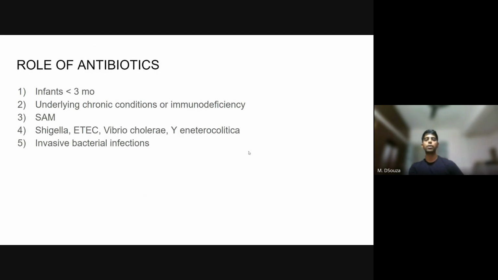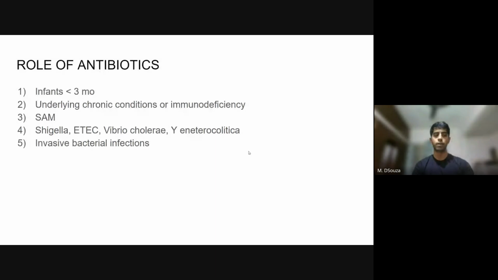Coming to the role of antibiotics. Now, as I have said earlier, antibiotics are a big no-no when it comes to diarrhea. But the few conditions where you would consider giving an antibiotic would be infants less than 3 months, children with immunodeficiency, because as we all know, immunodeficiency means that they will not react to infection as a normal child would. So these are children who are more prone towards infections, especially bacterial infections, and therefore would require some amount of antibiotic cover to address the current condition,